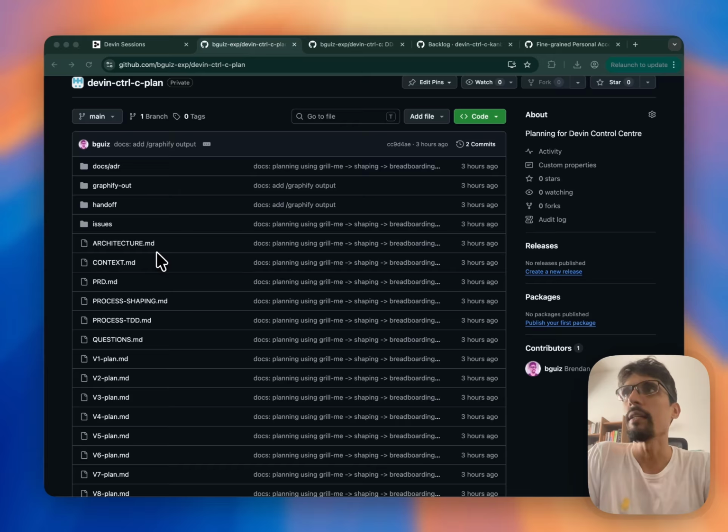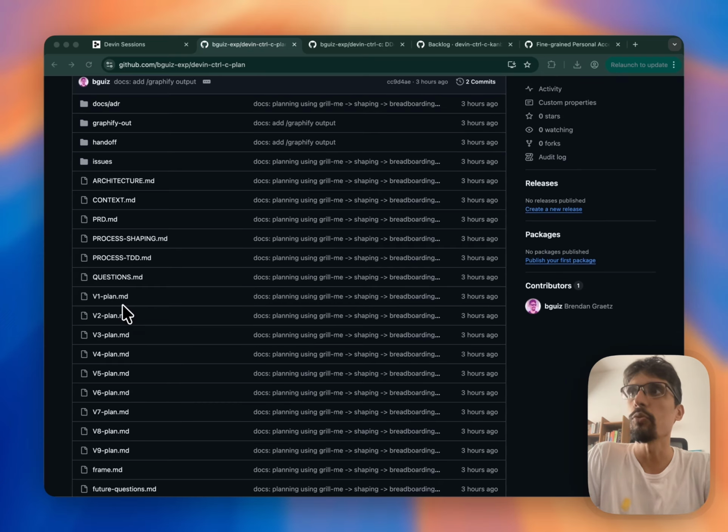Then I essentially said create an architecture markdown file as well. And then I handed it over using the handoff skill to the shaping skill in another